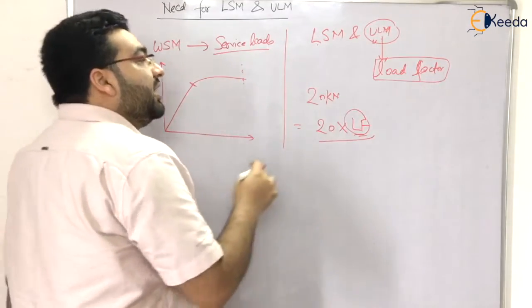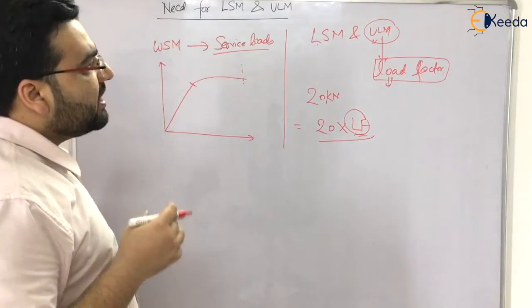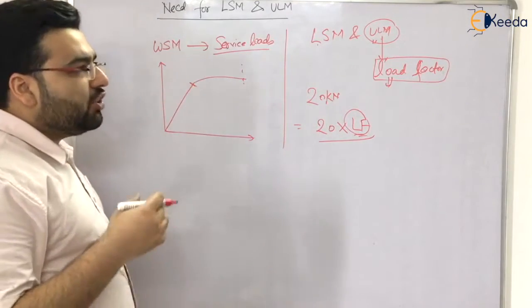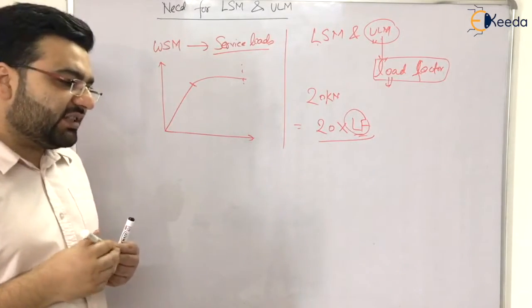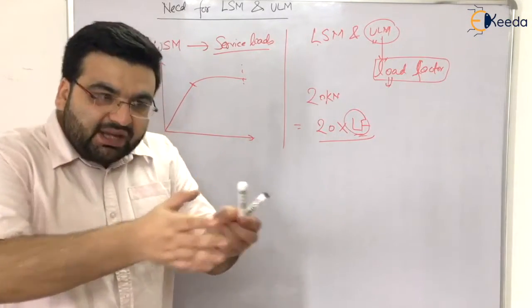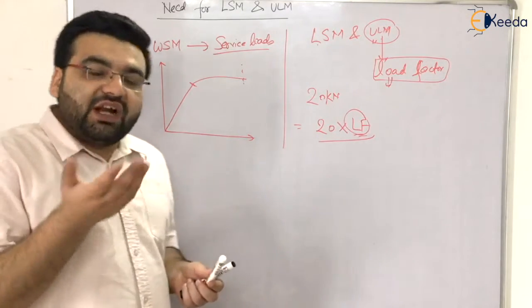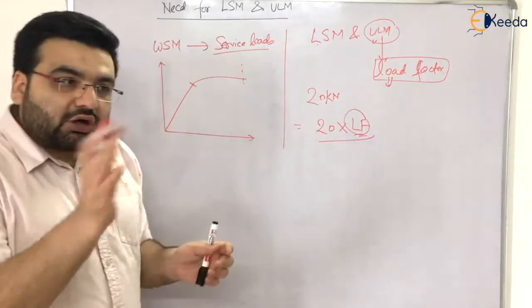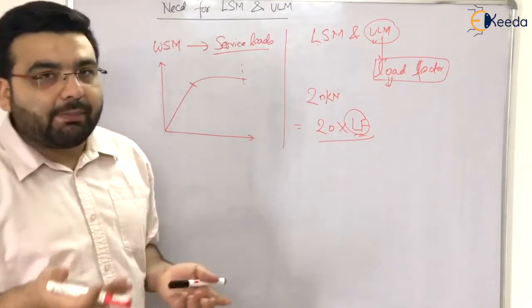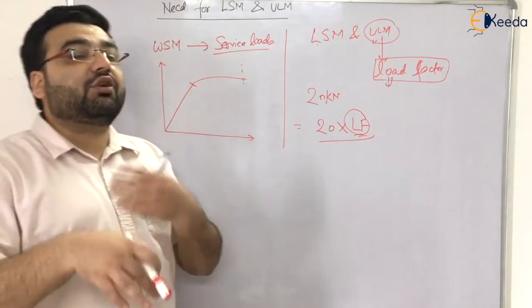But still, the ULM also had a few drawbacks. The ULM as well as the WSM did not consider some other limit states. For example, if there is a very big crack in a beam, it should be called a failed structure, but there was no such provision in WSM and ULM. If there is a lot of vibration, or if earthquakes are coming, what will happen? ULM and WSM were not designed for that.